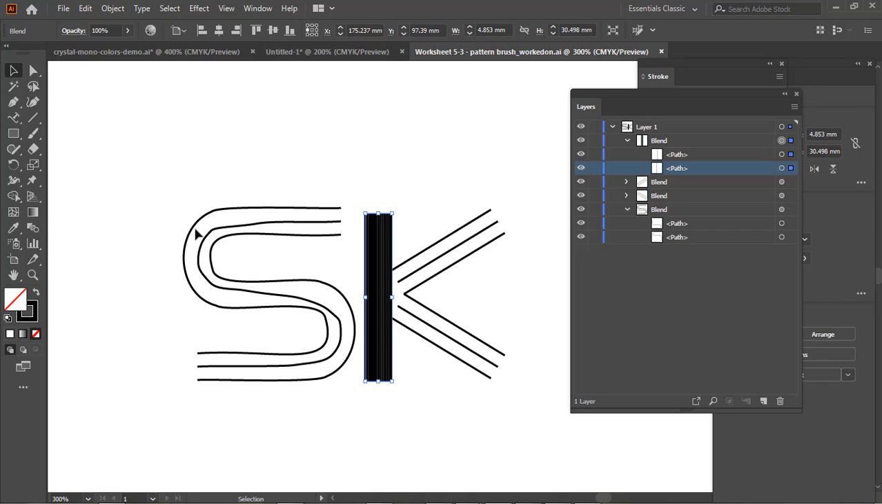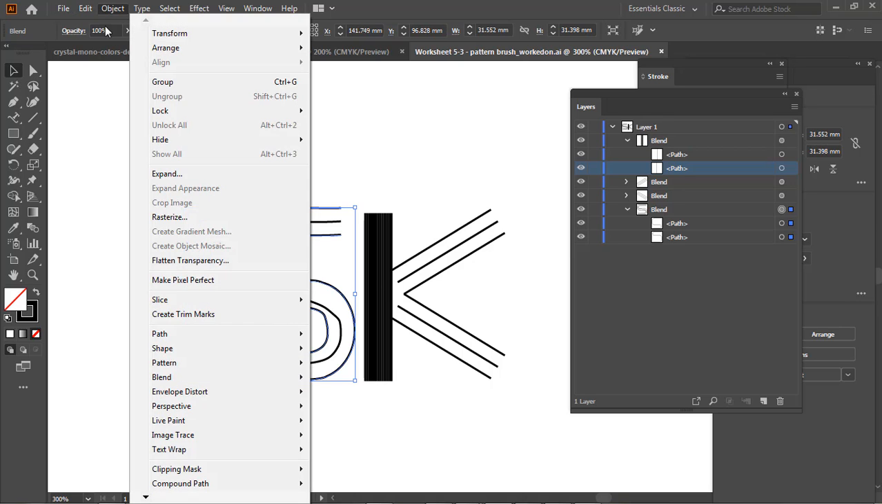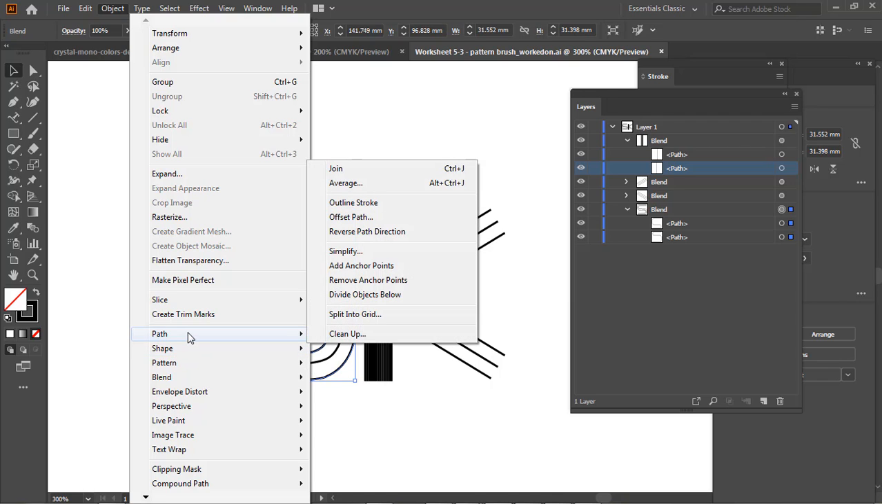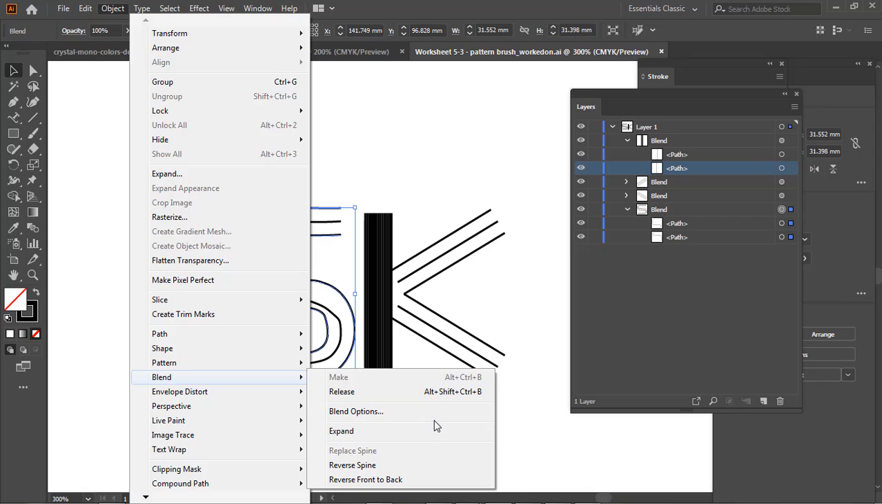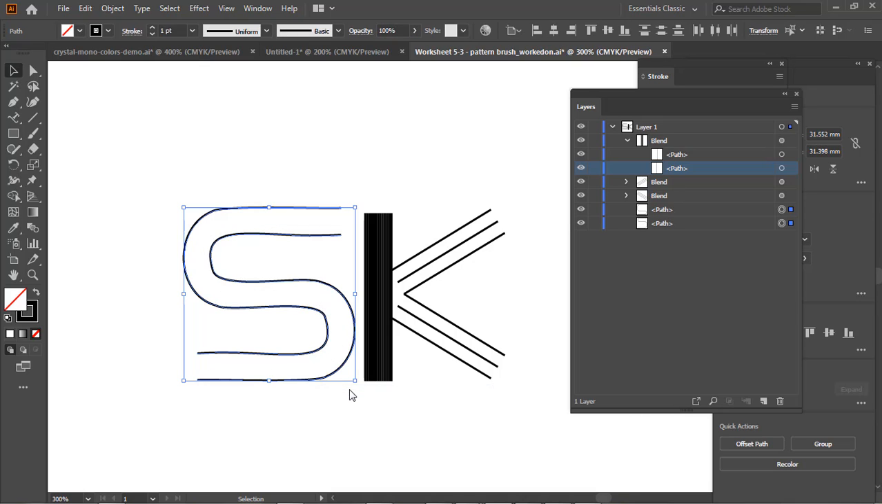Alright, so let's go ahead and try to create a path. I'm gonna delete the one that is already here. Let's go to object path. Actually, object blend, release. Alright, and